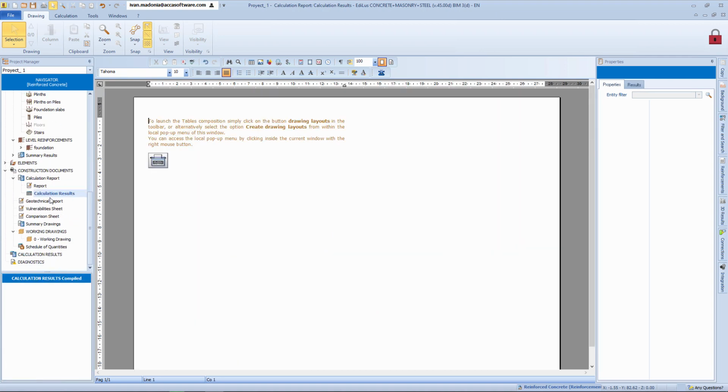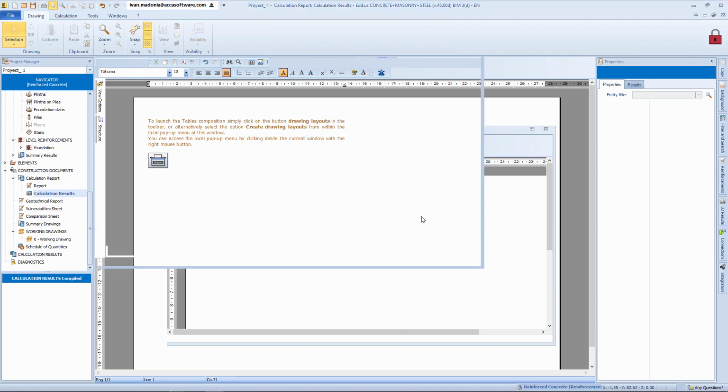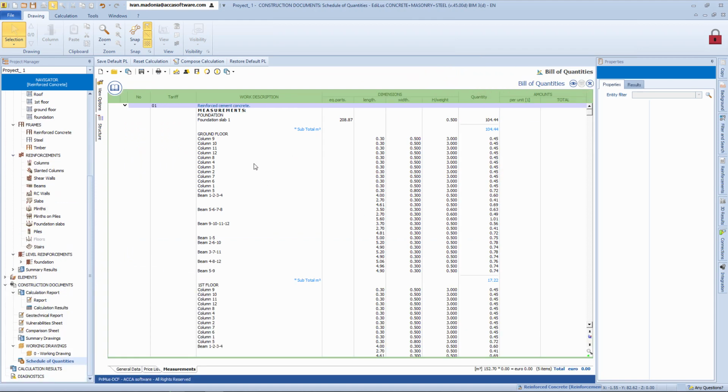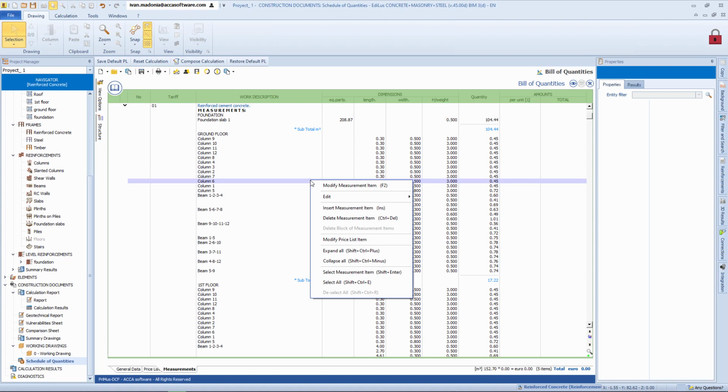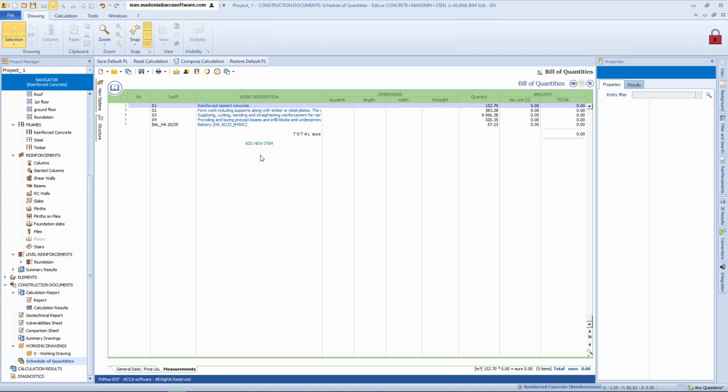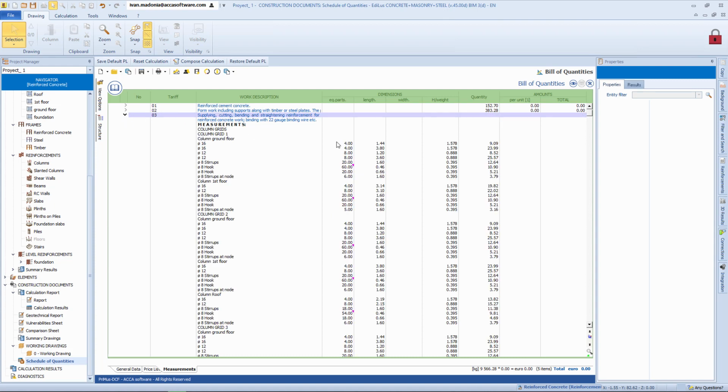In the same way, we can see the calculation and geotechnical report as well as the measurement report and the bill of quantities. In fact, within the EdiLus software, we have the Primus integration. With a double click we automatically get the estimate of the different elements of the structure, such as the cubic meter of cement, kilograms of steel and so on. If we open, for example, the steel node, we see the distribution of steel,